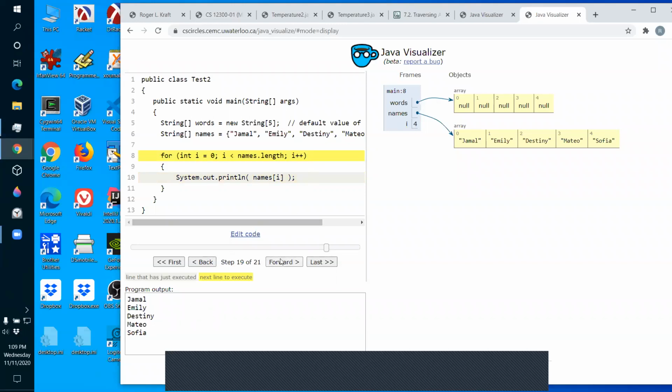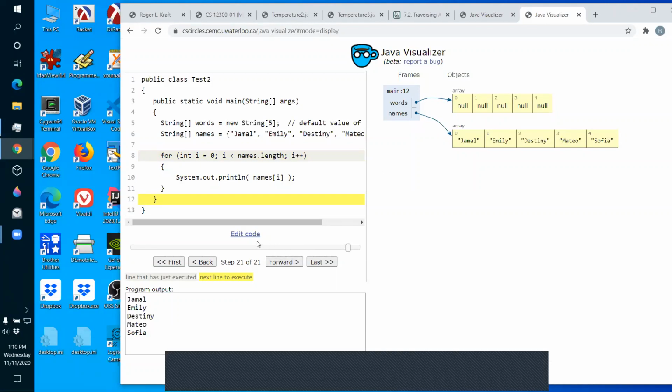Now we're going to increment i to 5. That's the length of the array, but there's no 5th element. So we better stop. That's why we want a strictly less than here, because we've gotten to the length, but there is no 5th element. So this will now be false. 5 is not strictly less than 5. So we're done.